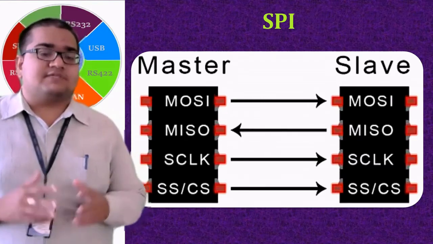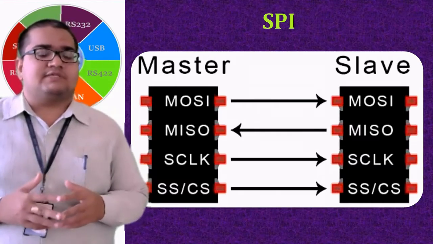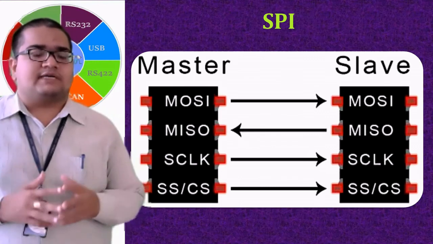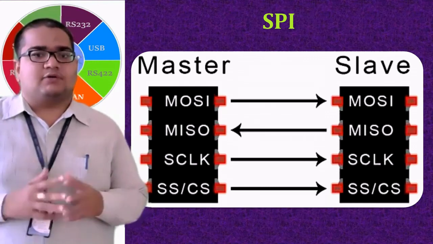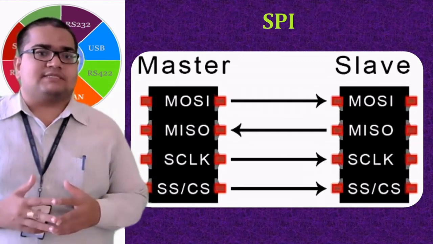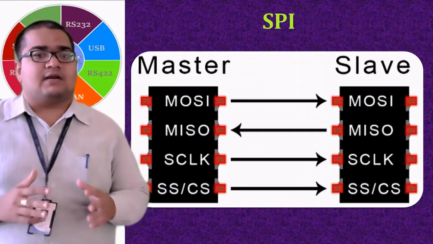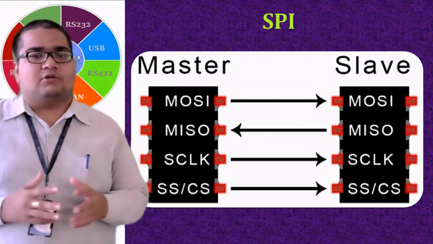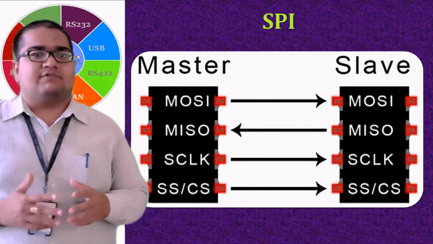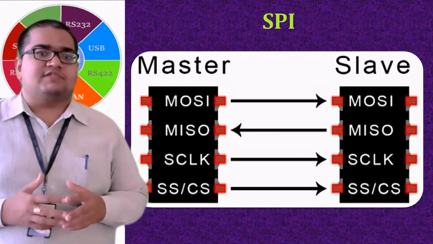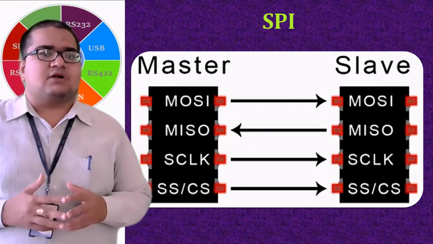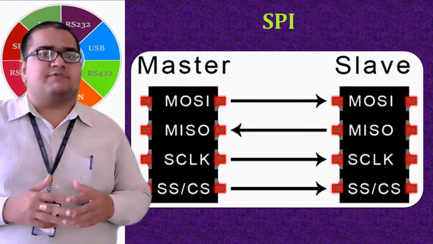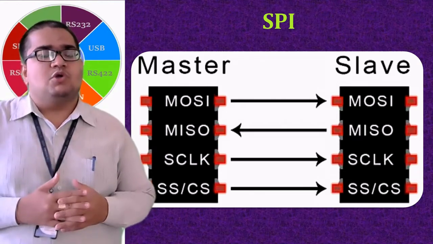Then the serial clock is there for synchronization purposes, obviously. As earlier we have seen, I2C and SPI are synchronous serial types of communication. So that serial clock is for providing the synchronization. SS, or it can also be called CS, is the chip select. Earlier we have seen in I2C that the master will be sending an address on the line, such that the slave can compare that and verify which slave has been invoked by the master. But here it is not like that. Directly by having a chip select, the master will enable the particular slave it wants to communicate with.